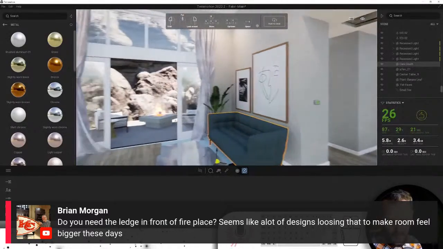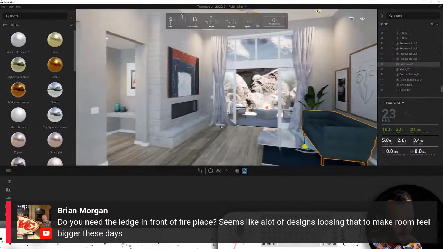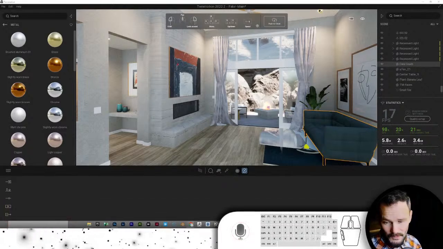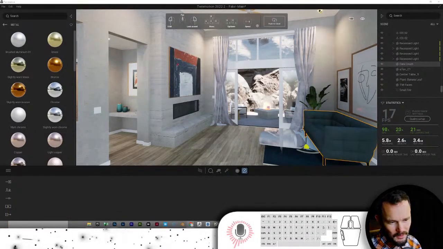It's just how they had it before. They had a ledge in front of it. I agree with you. I don't think it really fits, especially considering that we've got our door tucked up right next to it, which feels really odd. So I totally agree with you. Don't think there should be a hearth there, but